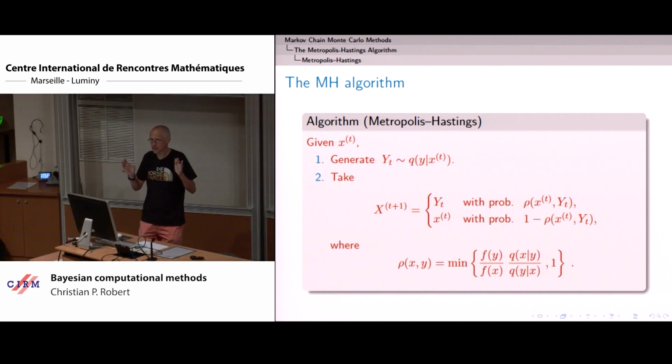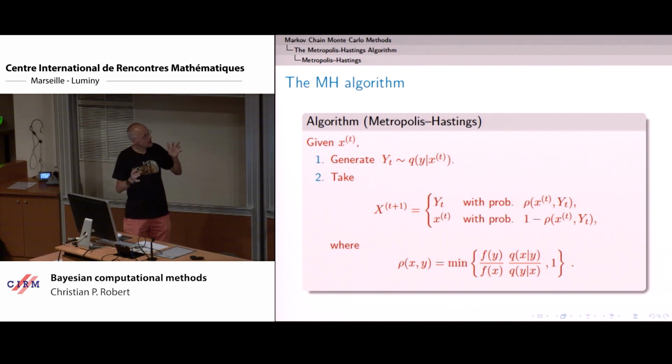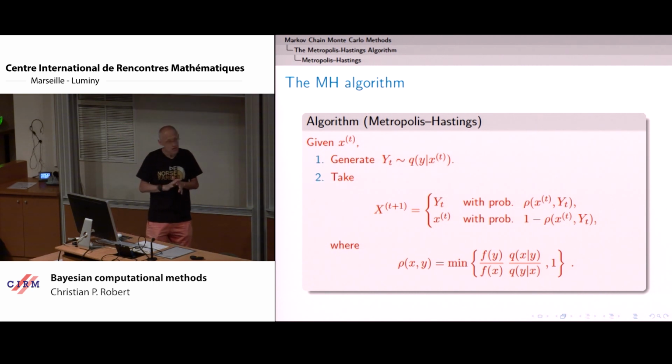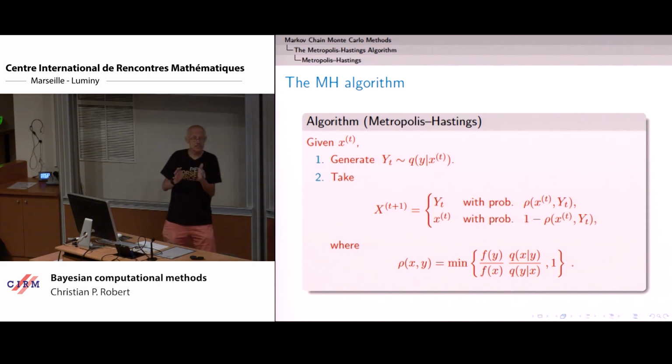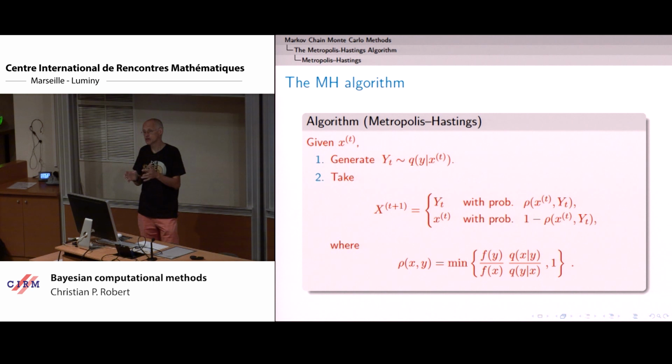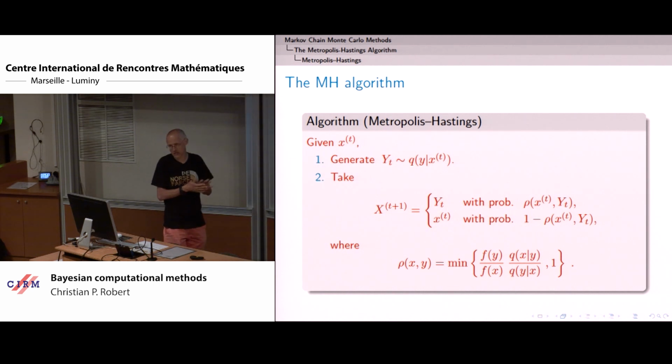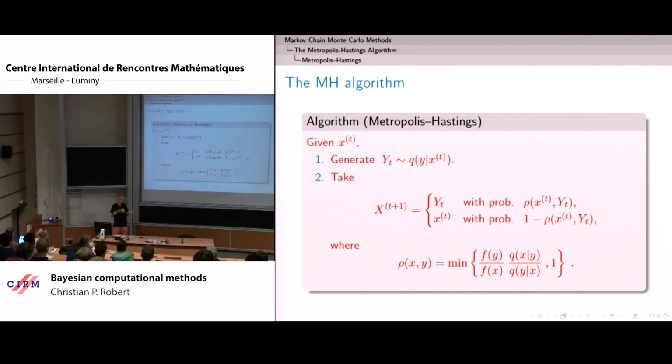And so that's enough to turn the pair x and y into something that is distributed from F for y, as we will see in a minute. So it's very basic in that you have the choice of Q, so you take something that you can compute and you can simulate from at a reasonable cost, and then whatever you produce, you accept or reject according to the target F. And if you reject the value yt, because it gives a too small probability, then you repeat the current value. So xt plus 1 is equal to xt, which, if you recall